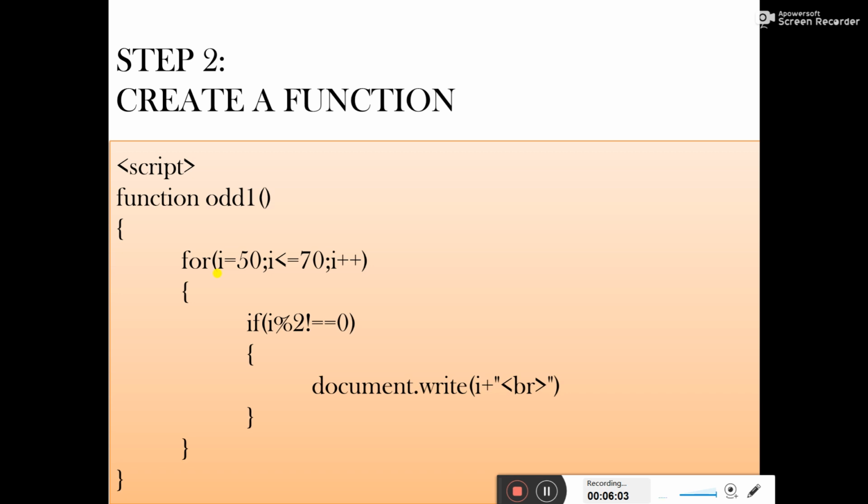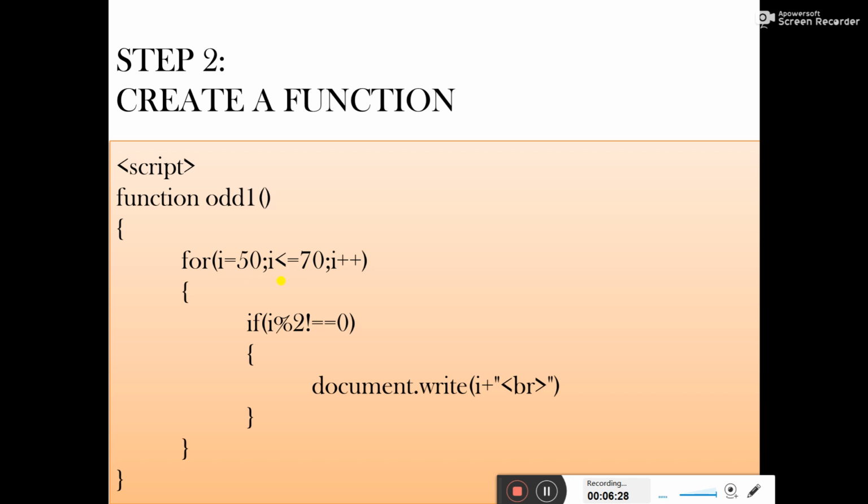Okay, second thing is the condition. This is the condition. Okay, so to separate first initialization and condition, we require a semicolon in between. So i is equal to 50, this is the initialization, then semicolon. Then the second step is to check the condition. What we need to check? We need to display the values till 70, right?